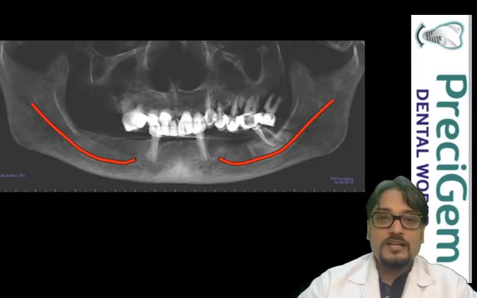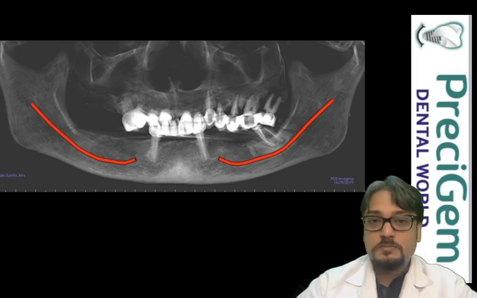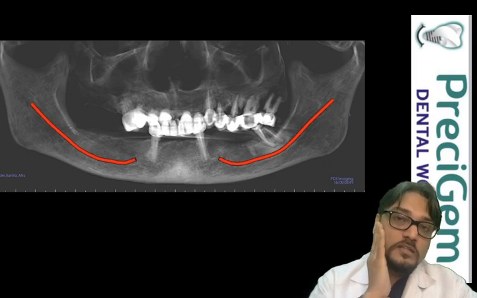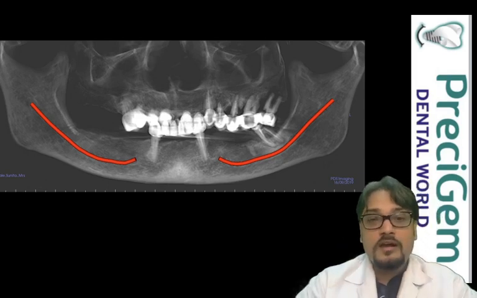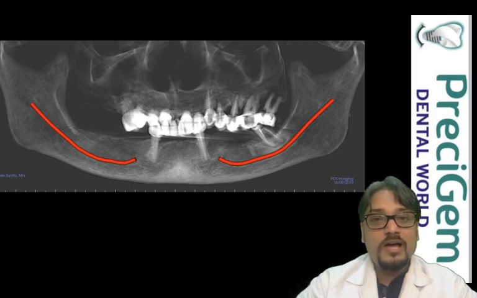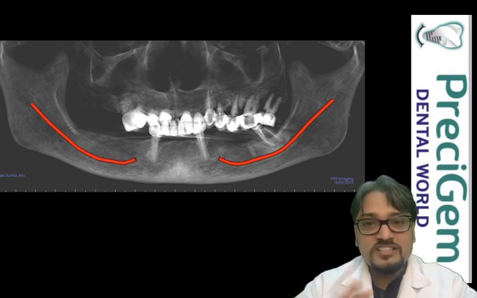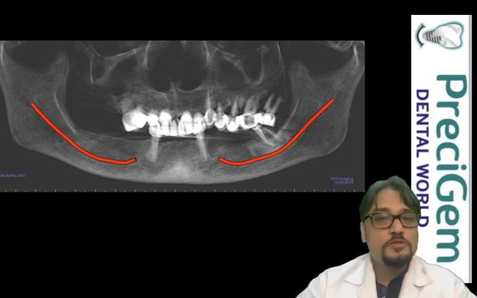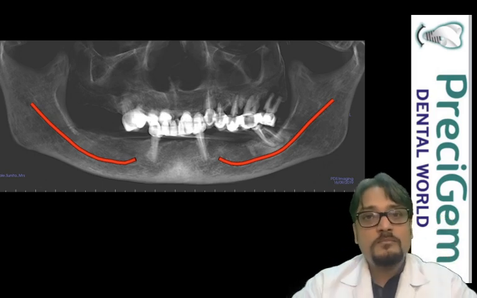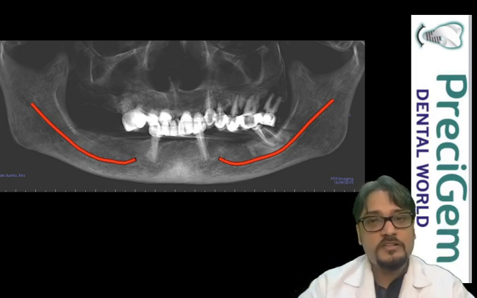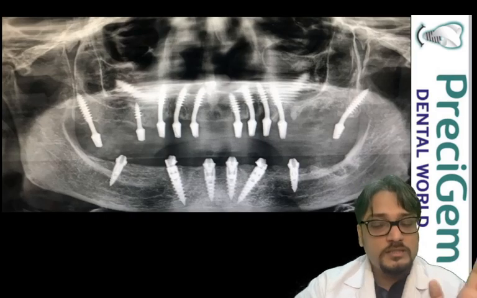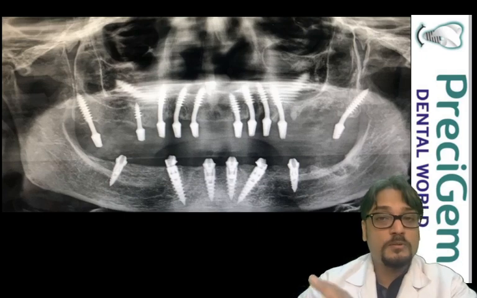Similarly, let me take you to another case. This patient said, I want fixed teeth on my right-hand side, because all her right-hand side teeth were missing. When we saw the X-rays, almost all the teeth were compromised. There were a few fractured teeth, a few infected teeth, and a few had little bone around them. So we told her the importance, and she decided to go ahead with a full mouth reconstruction. We did her full mouth reconstruction, she received the teeth, and now she's extremely happy. There has been no problem for the last 4 years.